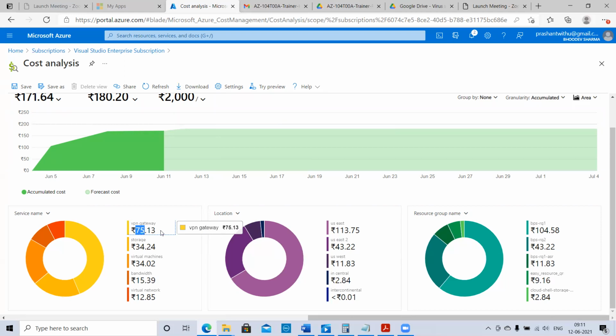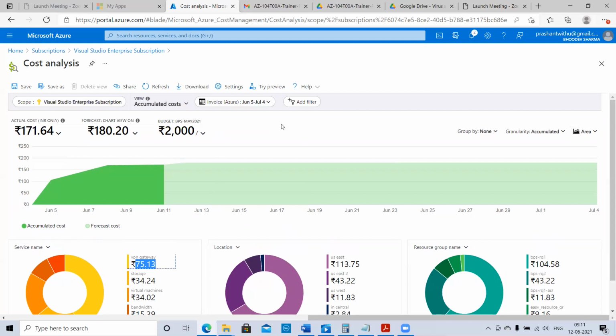This is what I have spent, but can we see daily how much I am spending, or go monthly? Yes, that's what I'm saying. Just wait here. Just above your cursor there is an invoice, Azure June 5 to July 4th.